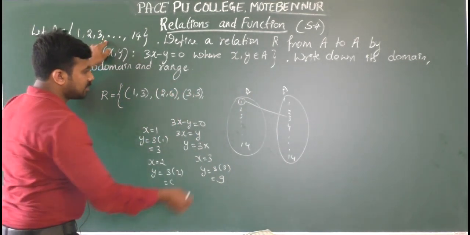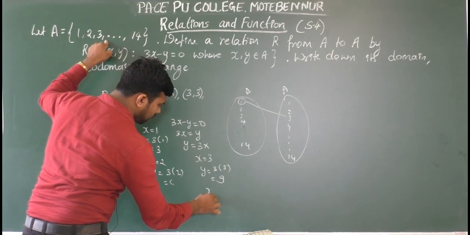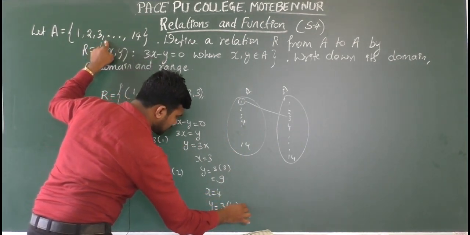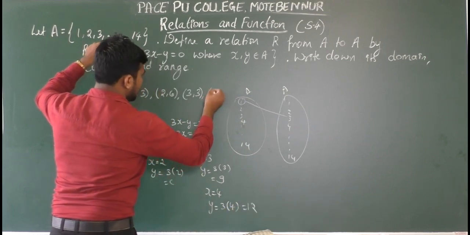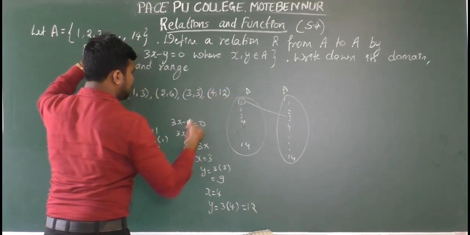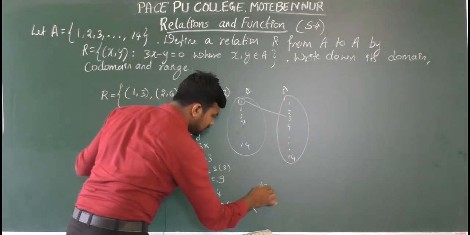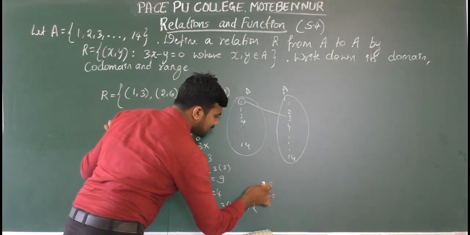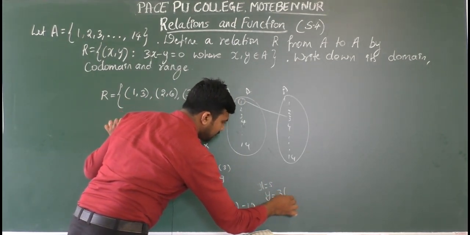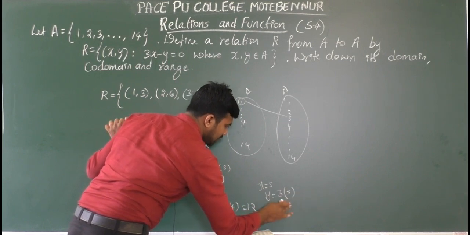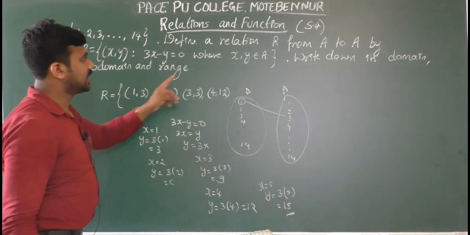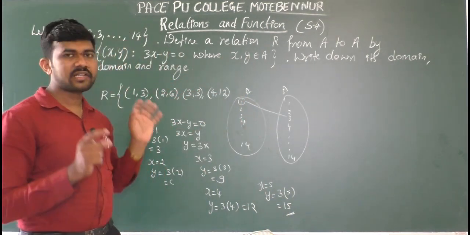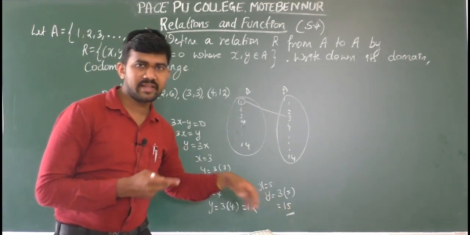Next, the next element we have is 4 here. So if you take x is equal to 4, then y is 3 into 4, which is nothing but 12. So that is 4 comma 12. Now you can take x is 5, x is 6, and so on. But if you take x is 5, y is nothing but 3 into 5, which is 15. But here x and y are both elements of the set A only, and in A you have only 4 elements. There is no element 15 and the next elements.